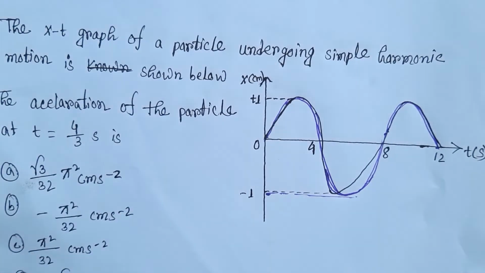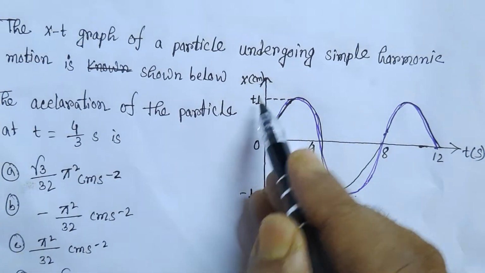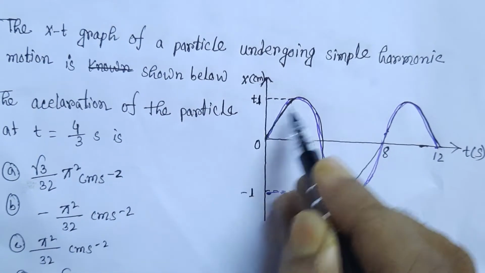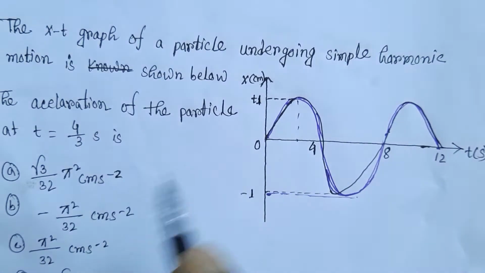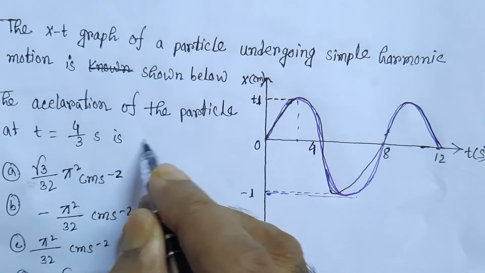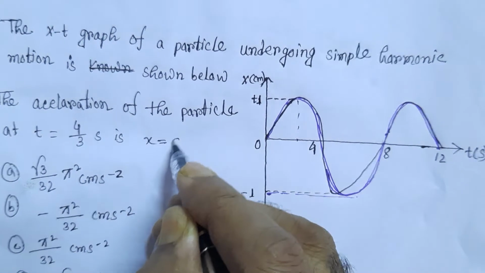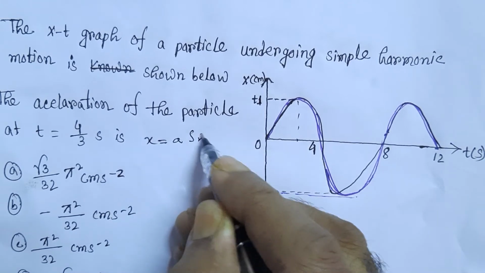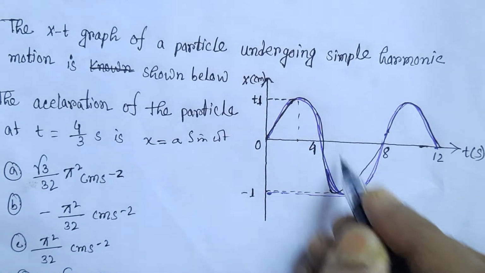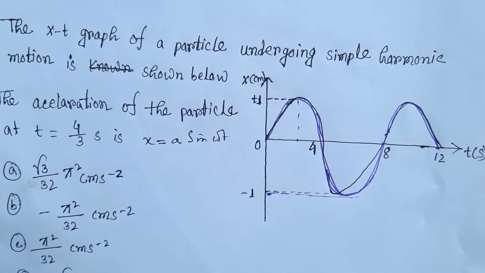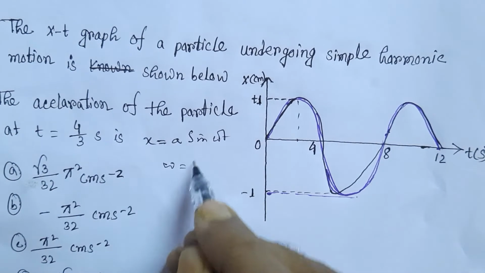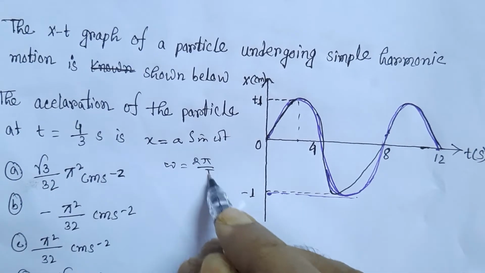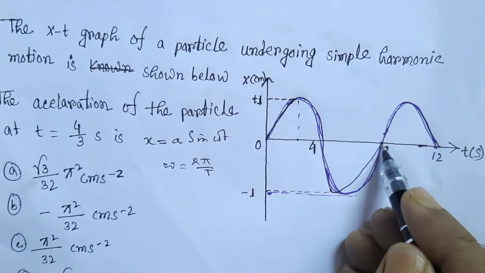The acceleration of the particle is what we are to calculate. Now, it is 1 unit, so the amplitude is 1 unit. Now, the equation of S.H.M. is x equals a sine omega t. We see that the curve is a sinusoidal curve, and omega equals 2 pi by T, and here a complete cycle, complete